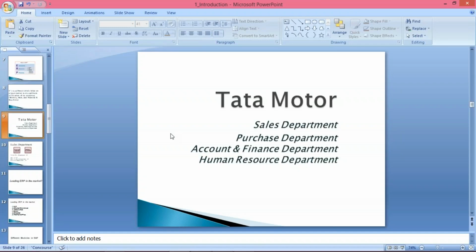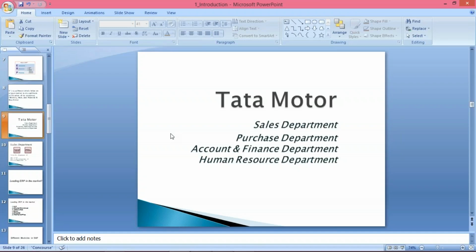Apart from this there are lots of other departments also, but I have just written only four departments. These are the major departments of any organization: the sales department, purchase department, finance and accounts department, and human resource department, that is the HR department.